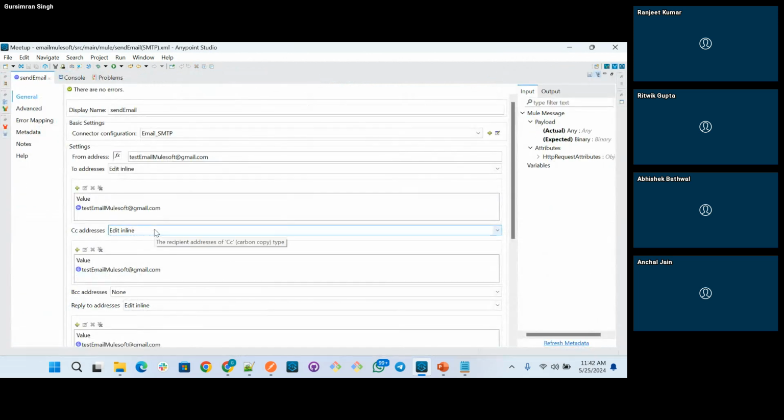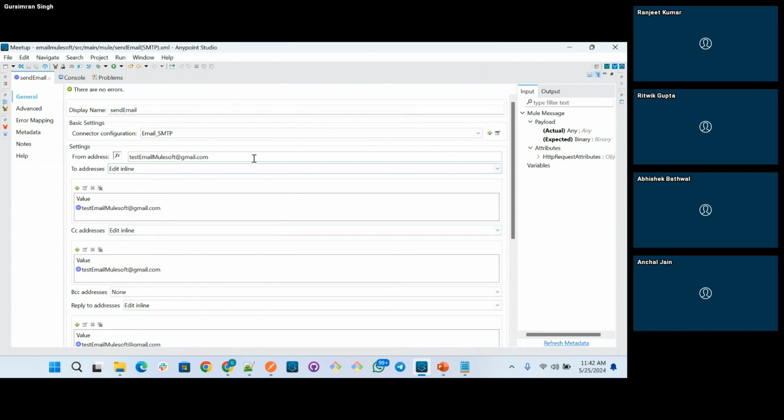In this case, you will see that Gursimran has hard coded the from email, to email, CC, BCC, all those. So you can parameterize that. You can have it dynamically from the request itself. You can define what you want to send. Even for the subject and body, or body and attachment together, that is also possible. You just need to define the different fields from where the data is coming.